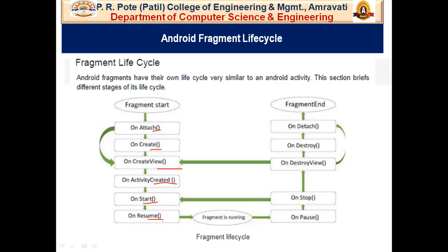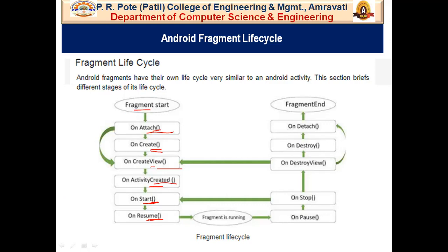So this is basically the life cycle of a fragment, which starts from onAttach whenever the fragment is added. Then after that onCreateView, onActivityCreated, and the onStart method. We have already discussed the onStart method, and after that the onResume method. That means you are going to continue your application the way it was running previously.